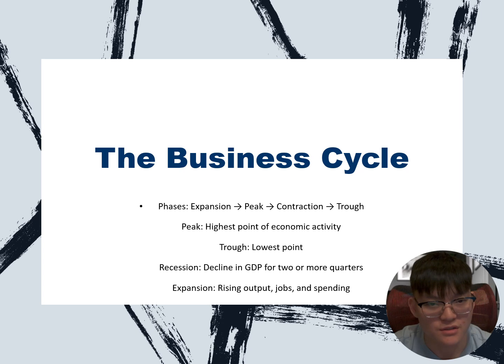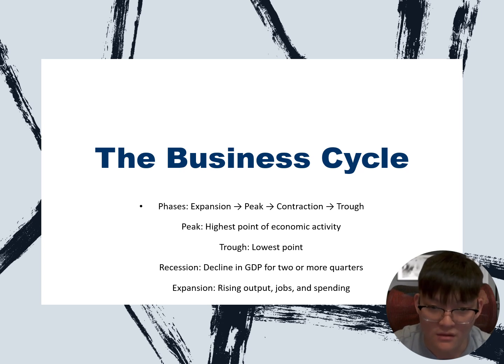All of these policies connect to what we call the business cycle, the natural pattern of economic growth and decline. There are four main stages to the business cycle: expansion, peak, contraction, and trough. During an expansion, economic output, income, and employment rise. Eventually, the economy reaches a peak, which is the second stage, where growth levels off and inflation may increase. Then comes the third stage, which is contraction or recession,